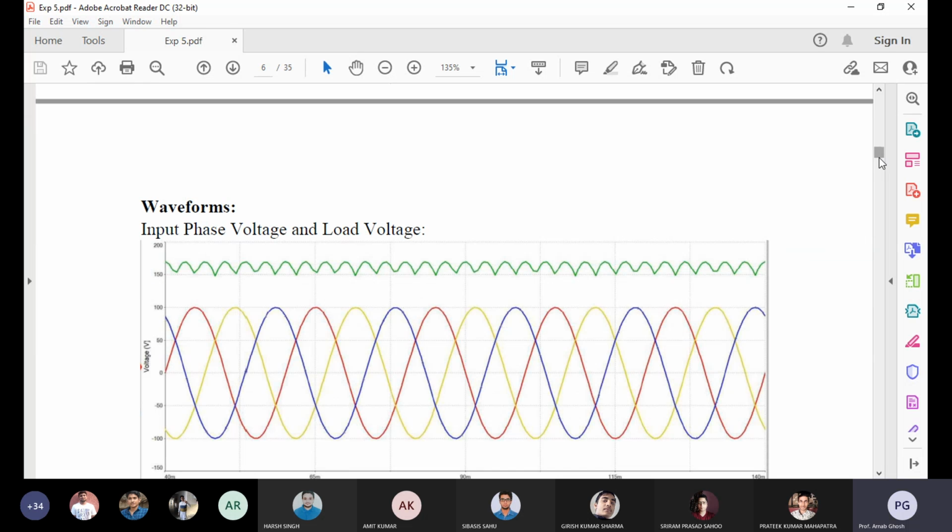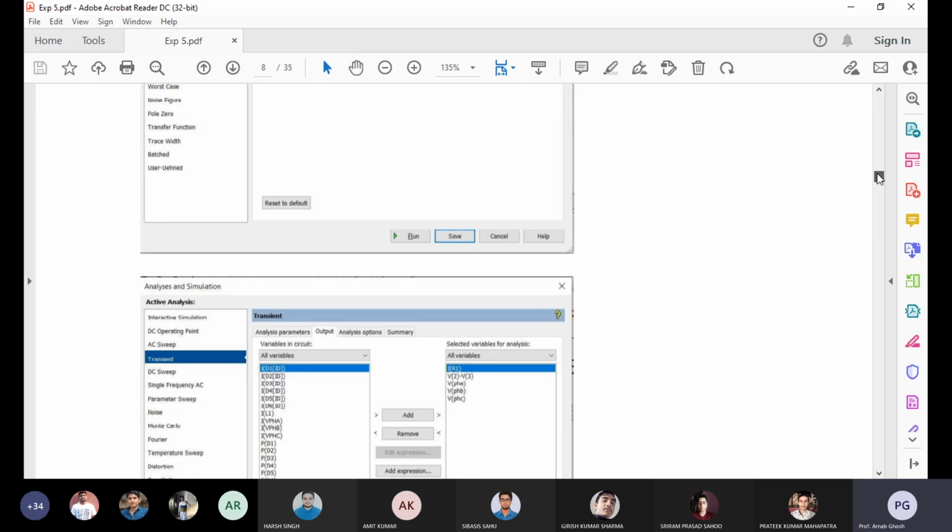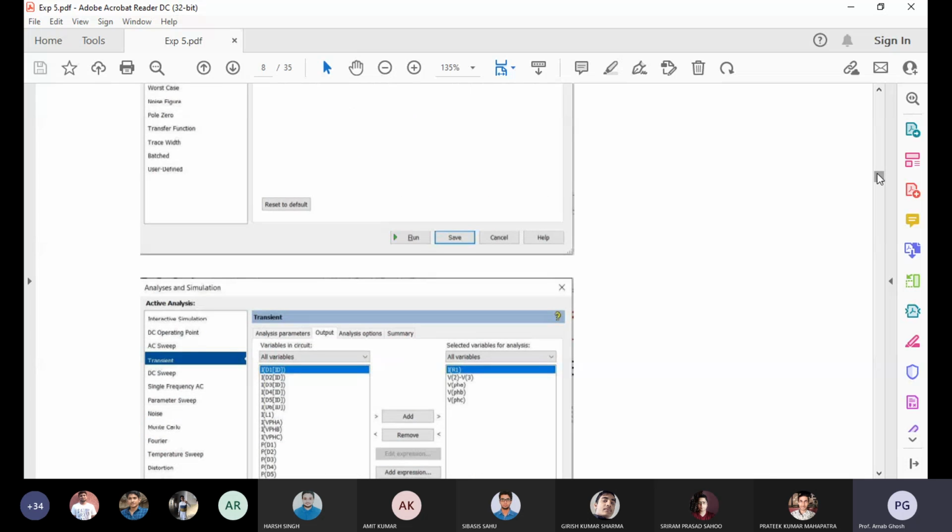I hope that portion I have already shared in this document. So by variation of inductor, variation of R, variation of E, you need to prepare the observation table. The table content for individual factors will be there, from serial number to how much current input, power input, how much power output, and the loss calculations. From the loss calculations you will do the efficiency calculation, and how much error there is between your actual one and the calculated one. And the corresponding plots.